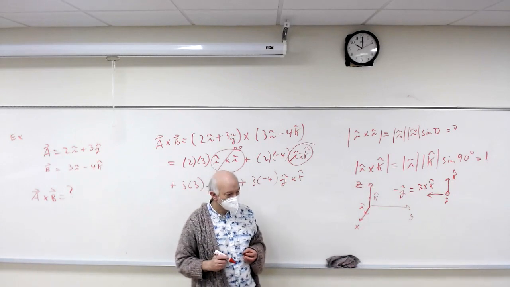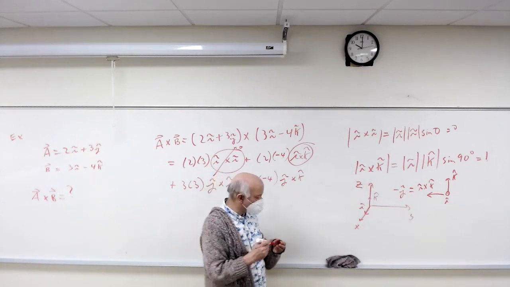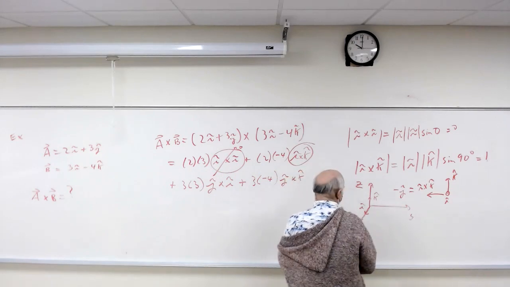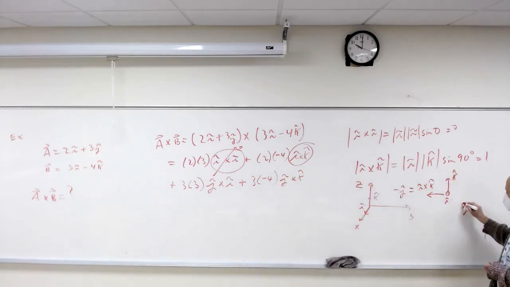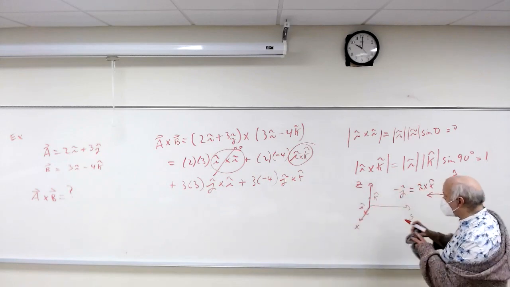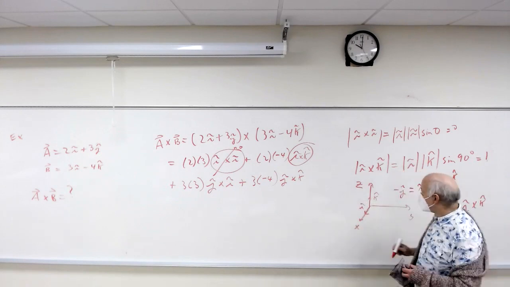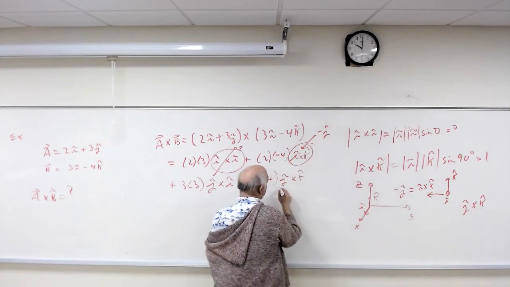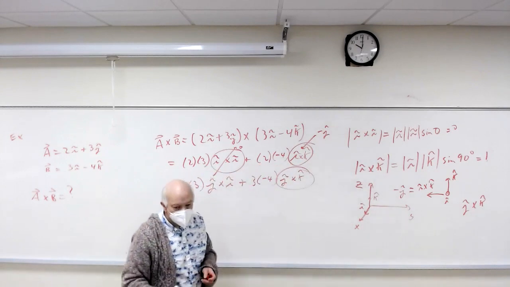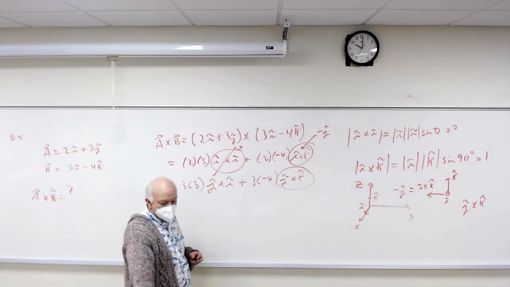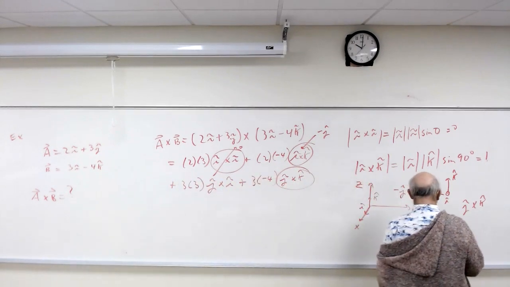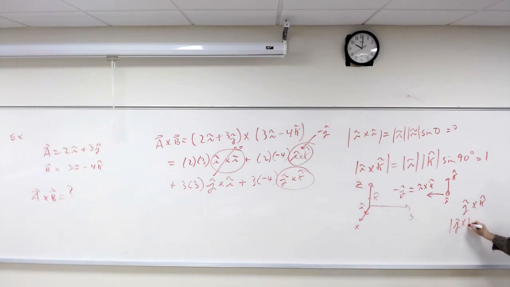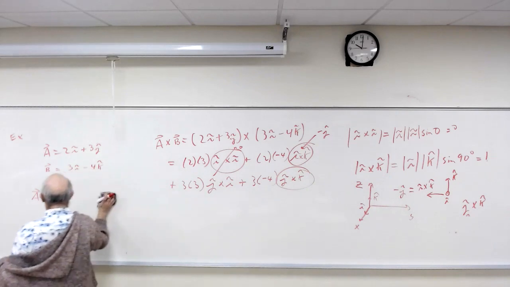Okay. Now there's a dumb way to remember this. Let me show you another one. What about if you had J cross K? Yeah, okay, we'll do J cross K. So this guy here is minus J. Tell me about my buddy here. Again, magnitude of 1. If you look at the magnitude of this guy...